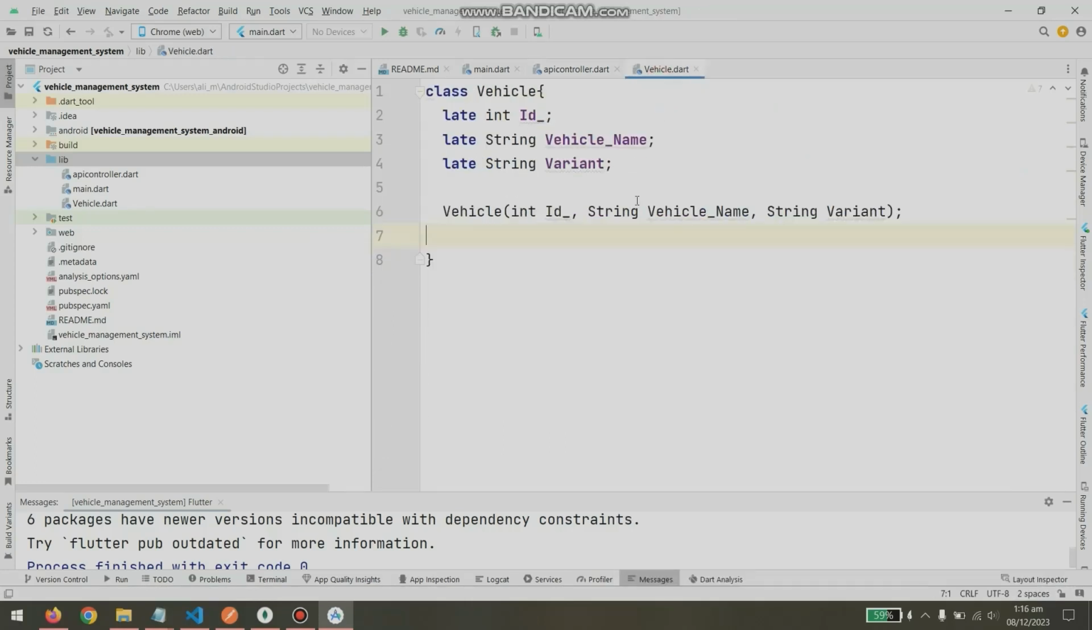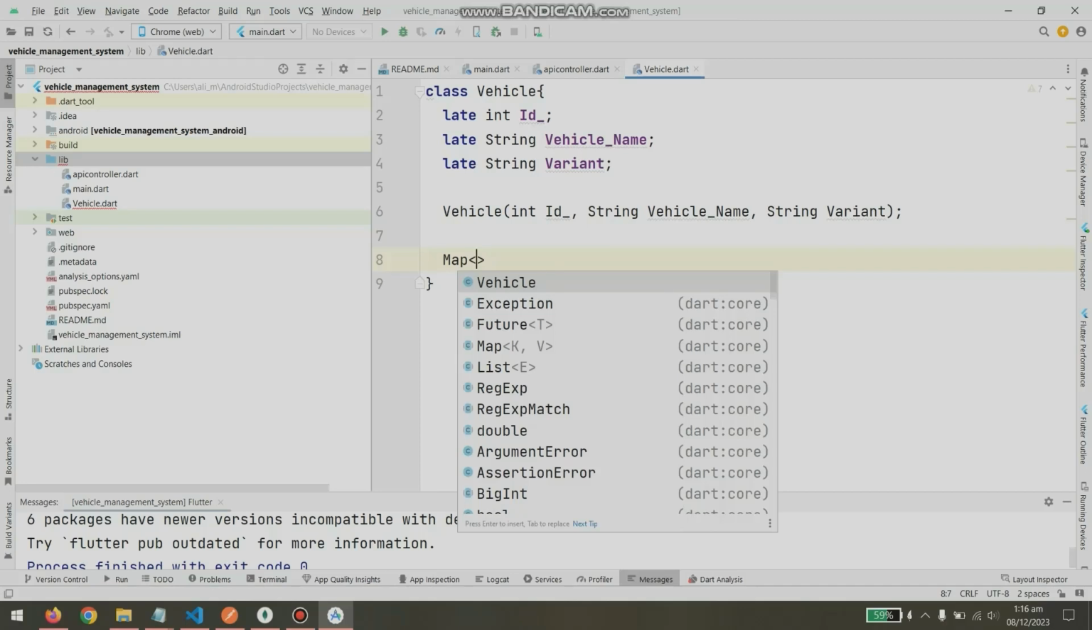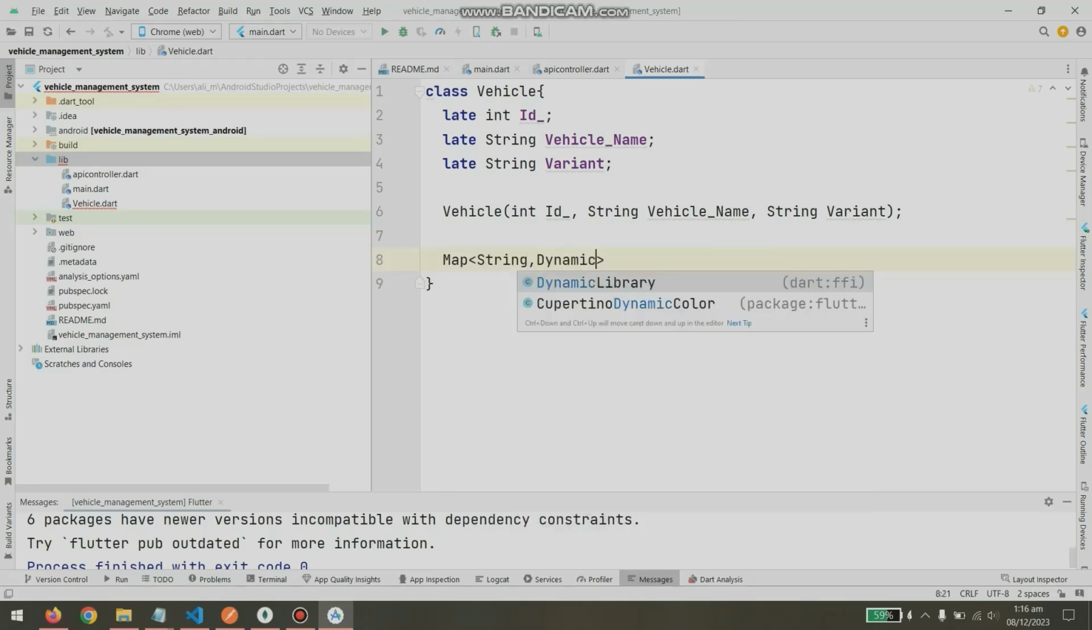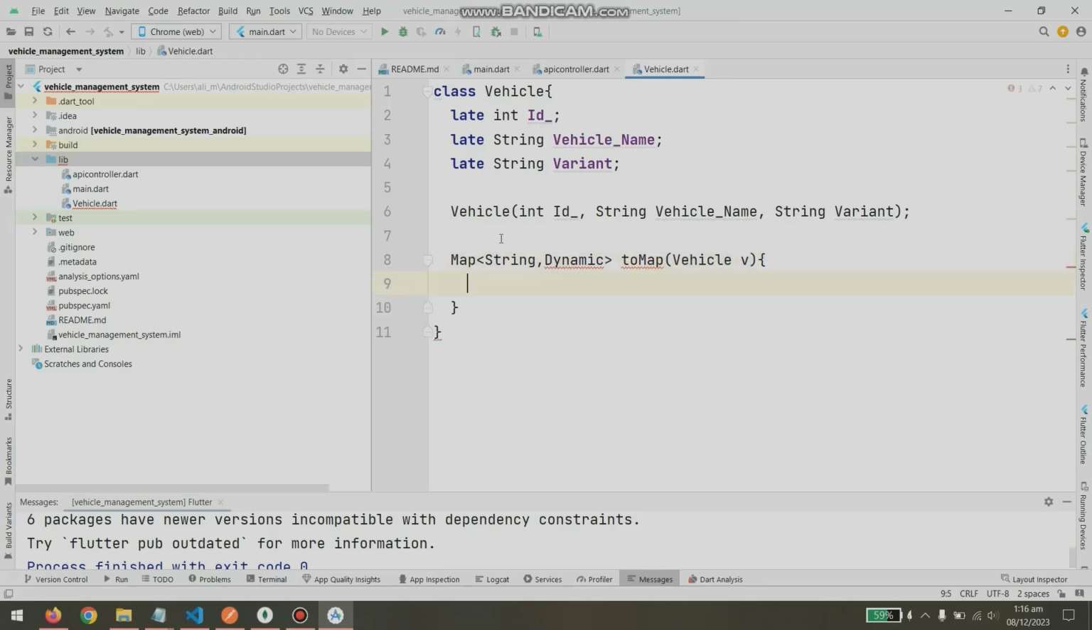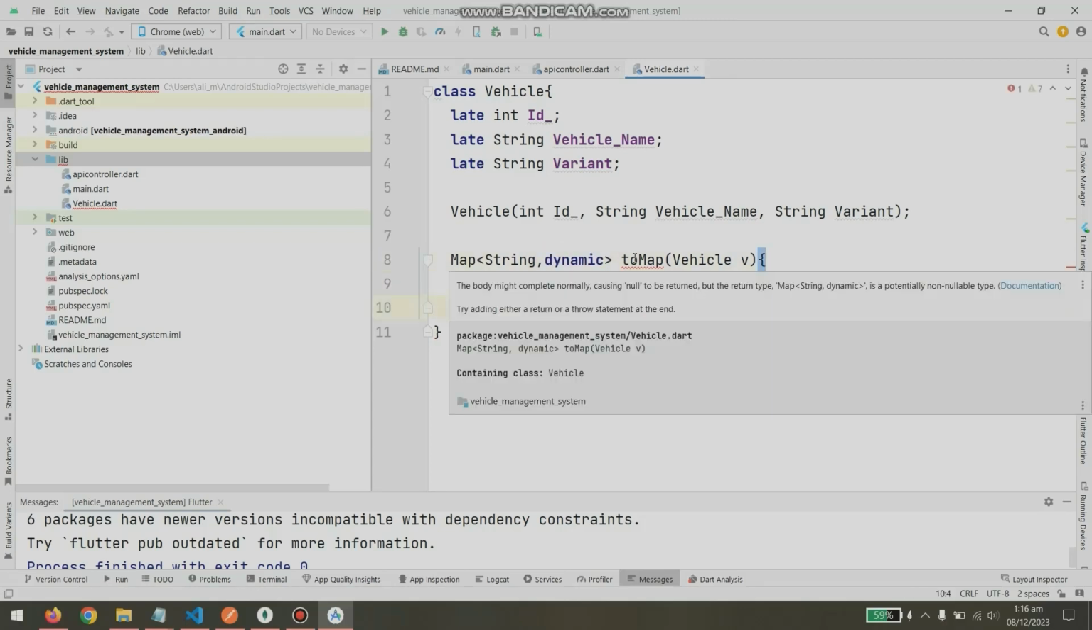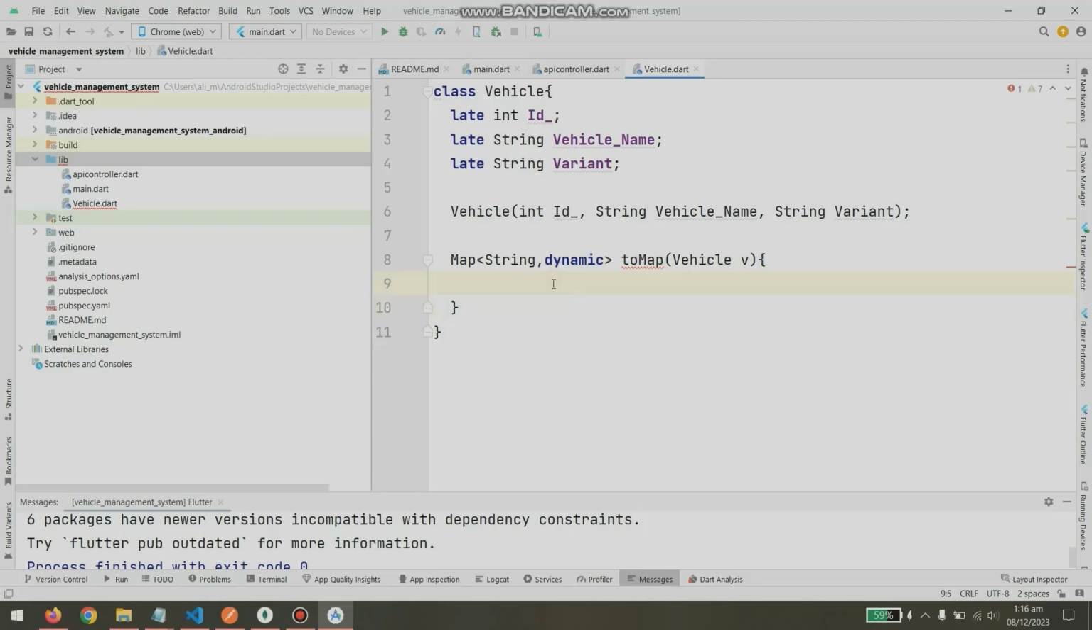So let's go back to the vehicle, and I think we will need the required keyword here, so we will check that later. So map string comma dynamic into map. Okay, vehicle v. So dynamic should be small, writing either a return or a throw statement at the end. So return